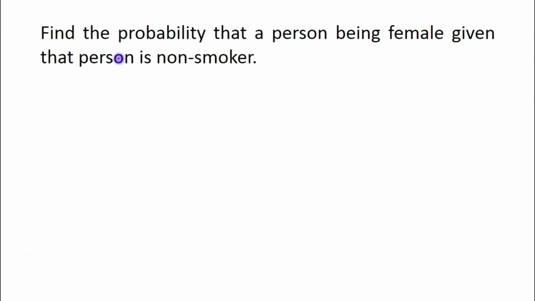Next question. Find the probability that a person being female, given that the person is non-smoker. So probability that a person being female, that means x2, given that person is non-smoker, y2, it will be equal to its joint probability whole upon fy2